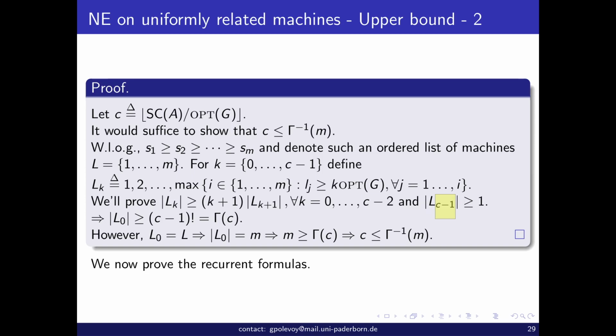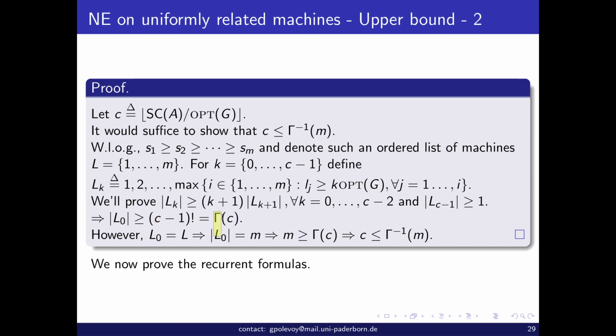And we're going to multiply it many times. The last k is actually c minus 2. When k is equal to c minus 2, k plus 1 is equal to c minus 1. So this product is going to be exactly, okay, so therefore Lc minus 1 is at least 1. Lc minus 2 is going to be at least c minus 1 times 1. Lc minus 3 is going to be at least c minus 2 times c minus 1 times 1, and so on. So eventually L0, which is the largest list, is going to be at least c minus 1 factorial,